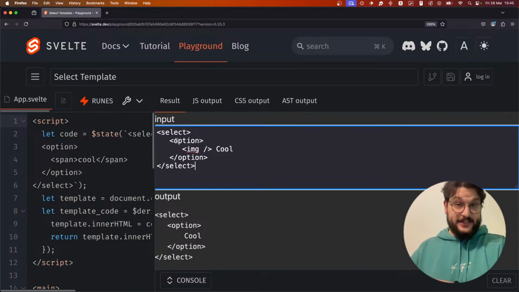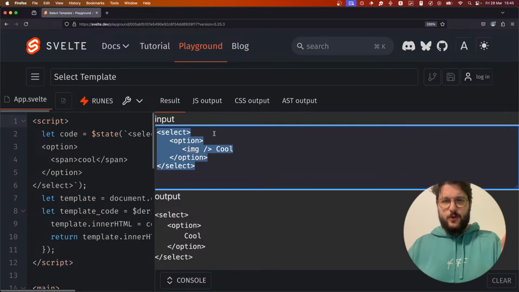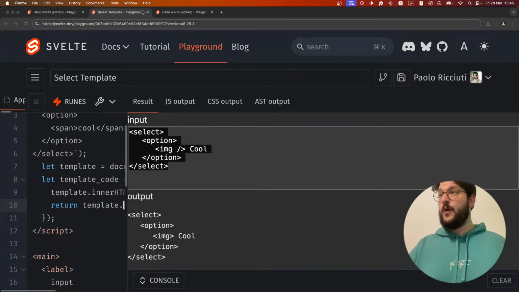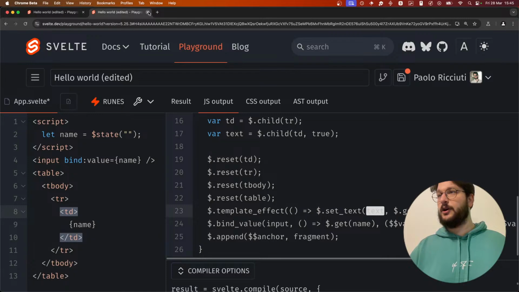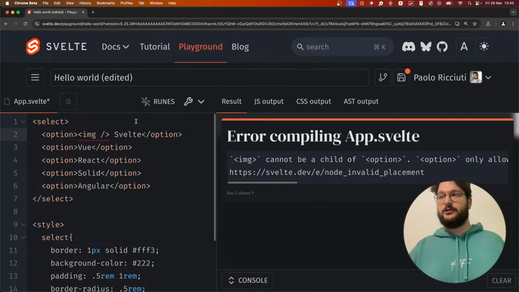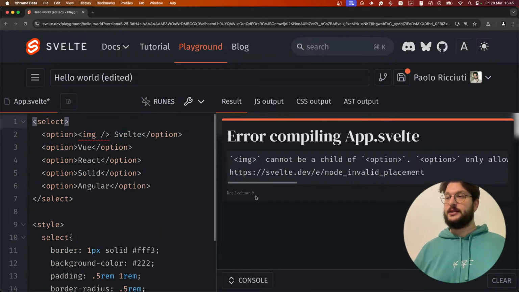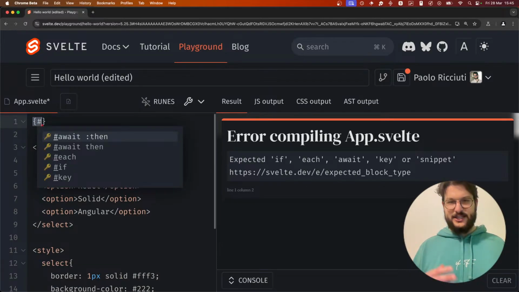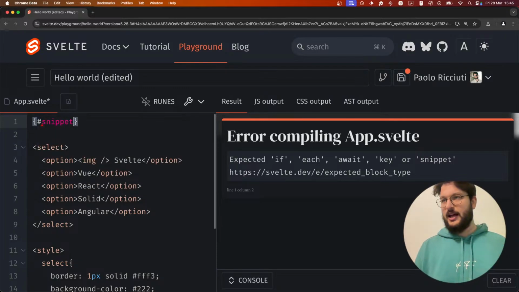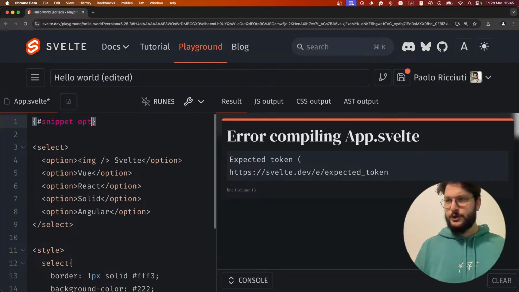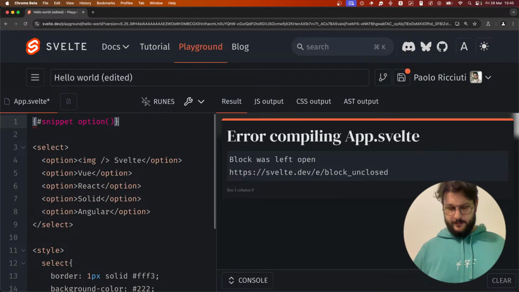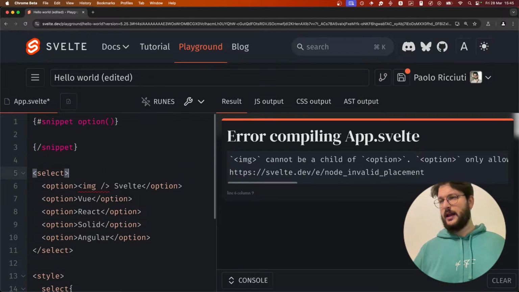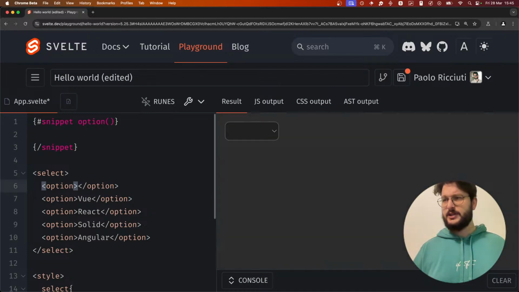So we have a fix, most likely. We will work on this. But if you really want to use it right now, there is a workaround. And the workaround is that you can create either a snippet or a component. Because the snippet will have its own template. If I do snippet option, for example, and I do this,